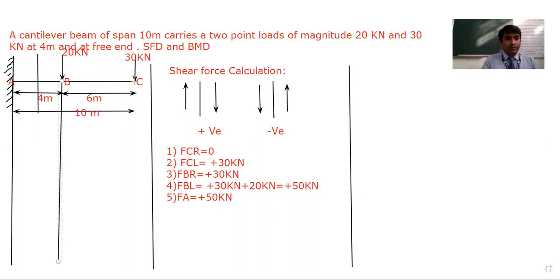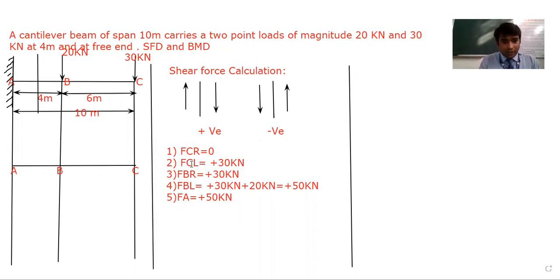B point, and this one will be C, extended. Now consider the neutral or zero line. I will say this is the shear force diagram's zero line, which is representing the zero axis. Above this axis, the sign convention is taken as positive, and below it is considered negative. Here, this is A point, this is B point, and this one is C point.